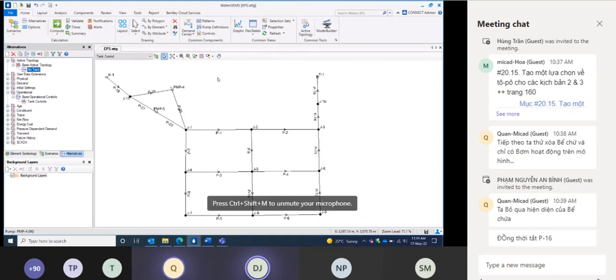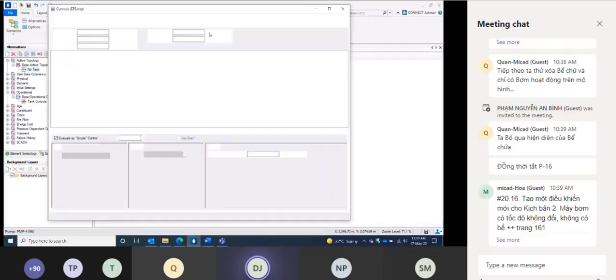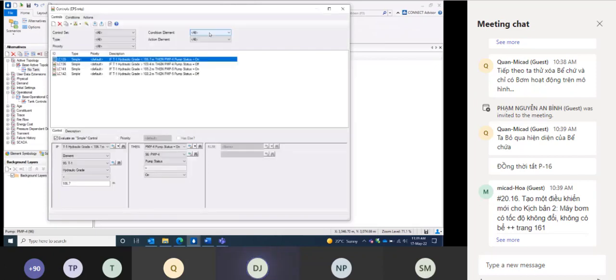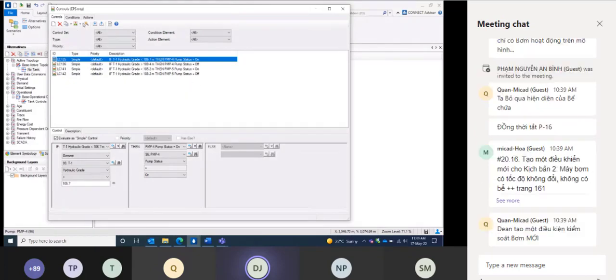And now we need new controls, because, of course, we can't control the pumps based on the tank. So we need to write new controls. So go back up to the common area and controls. What we need to do is write a new condition so that we can apply that condition to our actions, and that will make more sense in a minute. So if you go to the conditions tab,